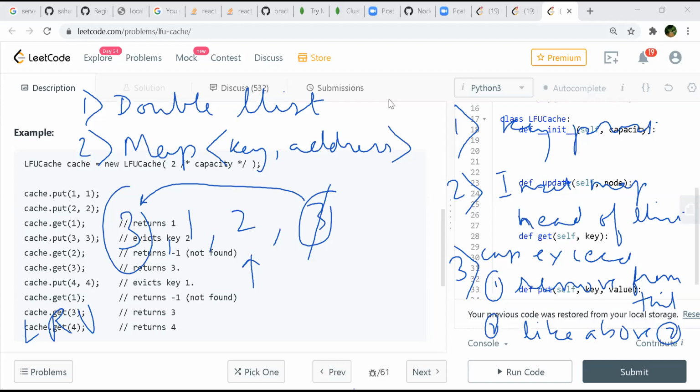But then, in that case, what we'll have to do is maintain something like a frequency map, for having keys and the frequency of each key, or maybe we can insert in this map, along with this address, something like a frequency. Other than that, this linked list part we cannot use directly. So we'll have to maintain based on this frequency. We'll have to maintain different linked lists, something like that.